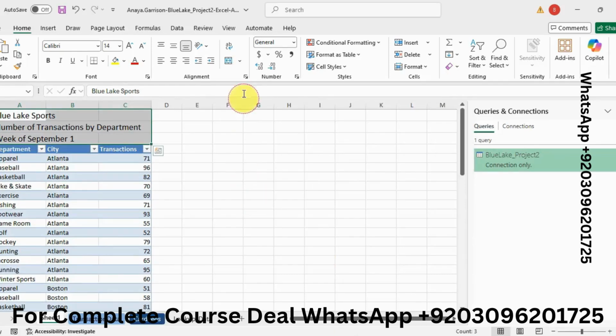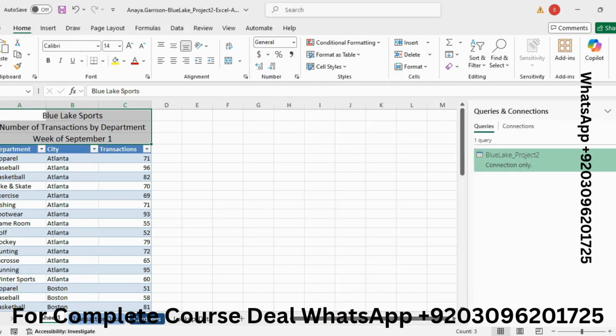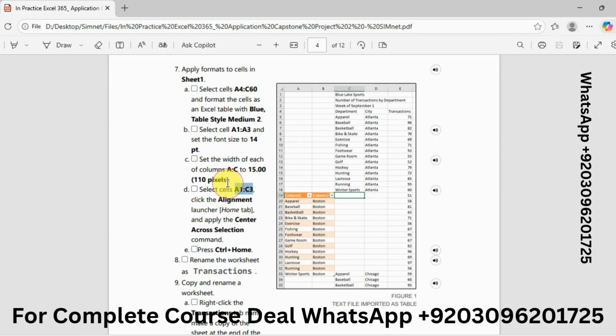Click on the alignment launcher, then under Horizontal click on Center Across Selection and then click on OK. So I have completed step 7 as well.